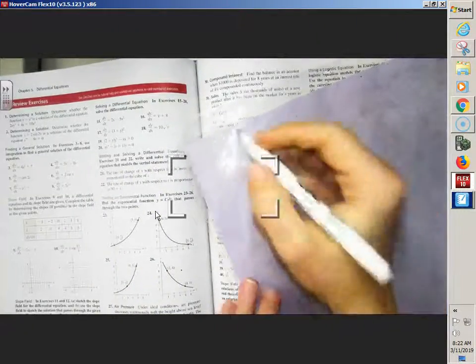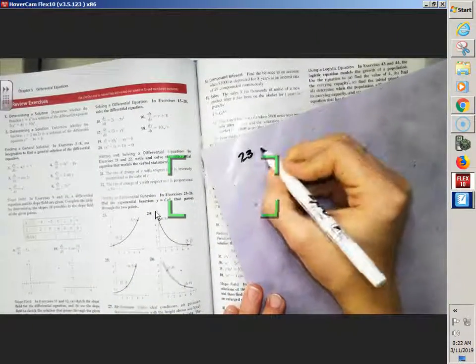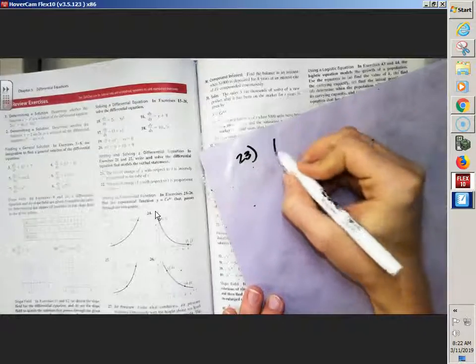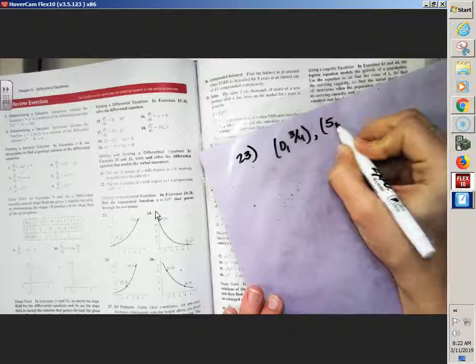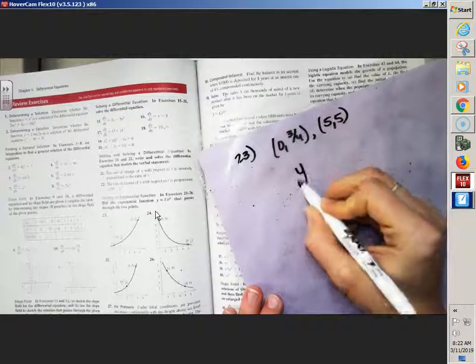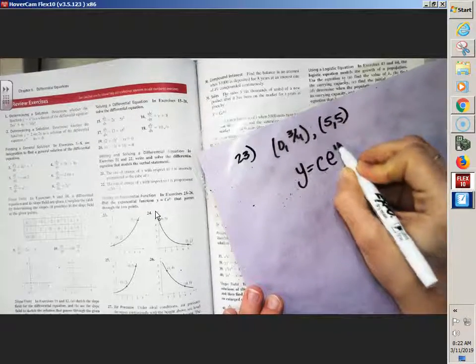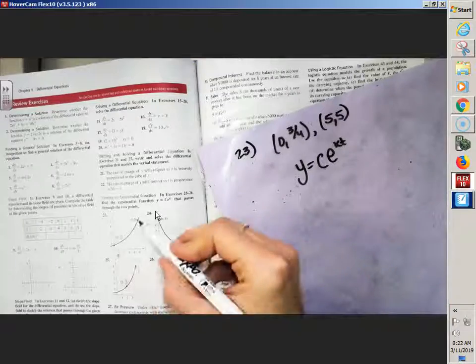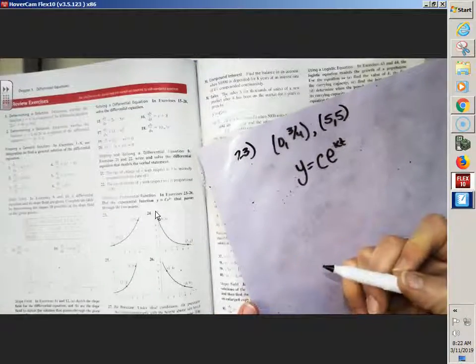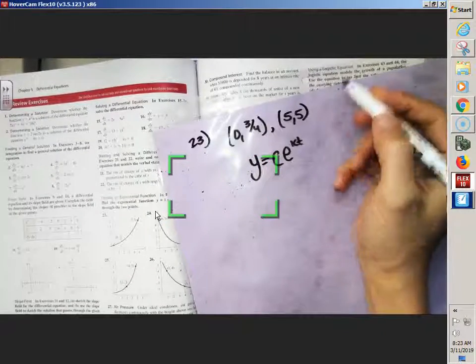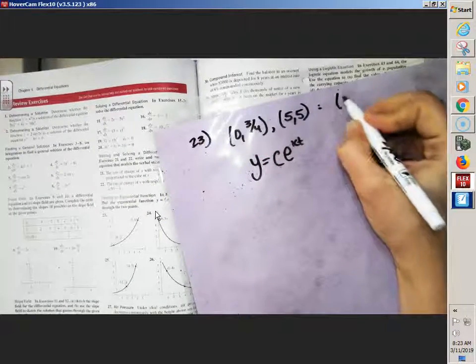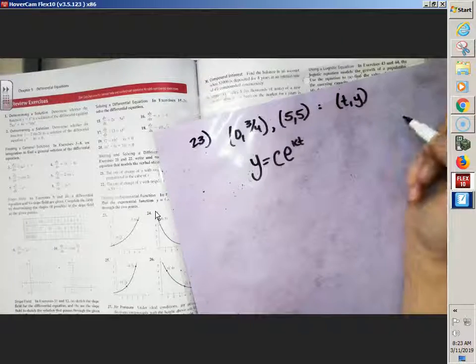So in number 20, when we look at that graph and when we see it says swoop dead, I know right away, even though they're giving me the points 0 and 3/4, even though in the directions they're giving me the equation, hey, make it fit c e to the kt, I already knew that from the swoop. So then all I need to do is, wait a minute, guys,